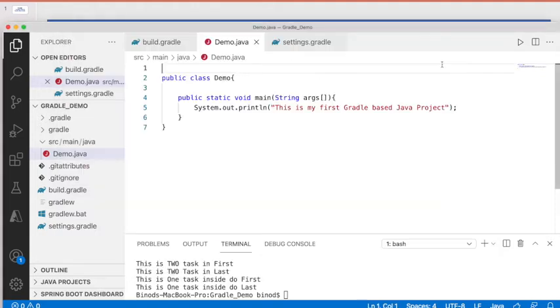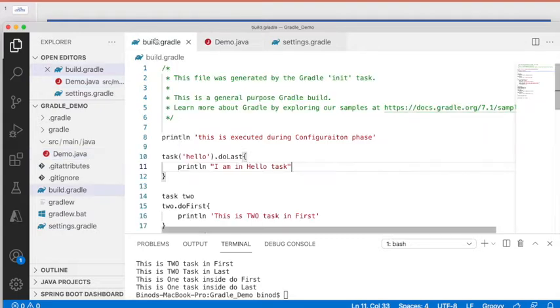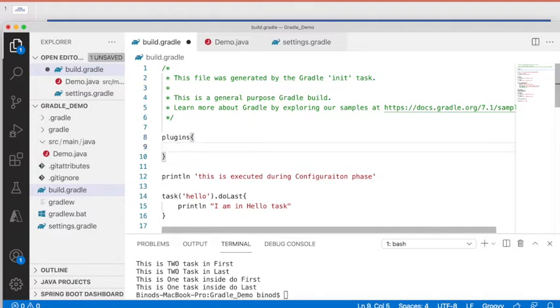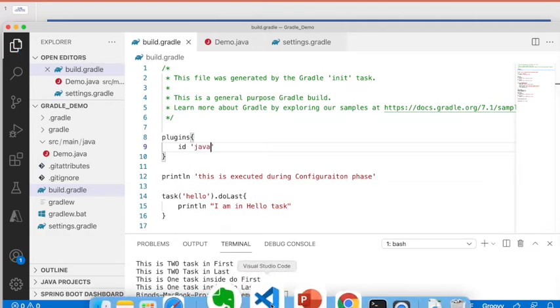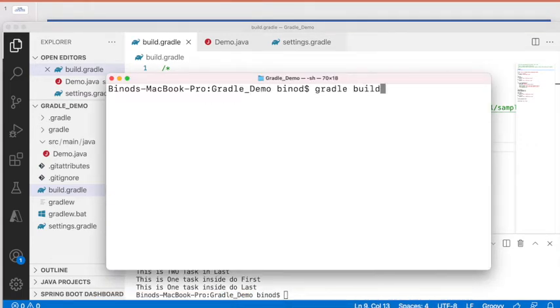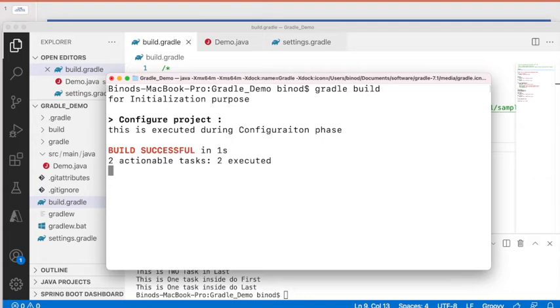So for that, in the build.gradle you have to add one plugin. Always type the plugins block on the first line of build.gradle. Add the java plugin, now go and run the same command.